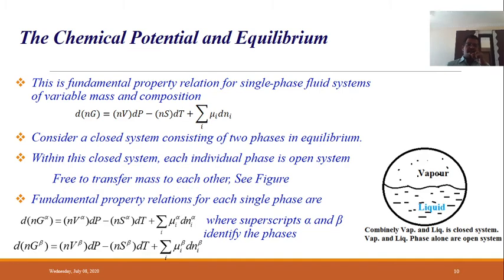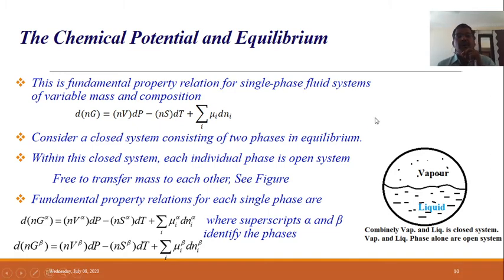Going further, how is this particular fundamental property relation applicable in chemical engineering systems? First, vapor liquid equilibrium, and how chemical potential plays a very important role in it. If you see this diagram, the complete circle is your vapor liquid system, and we can assume it is in equilibrium, keeping temperature and pressure constant, with vapor in equilibrium with liquid. But how can you say this is in equilibrium? Here the net transfer of molecules is equal to 0.